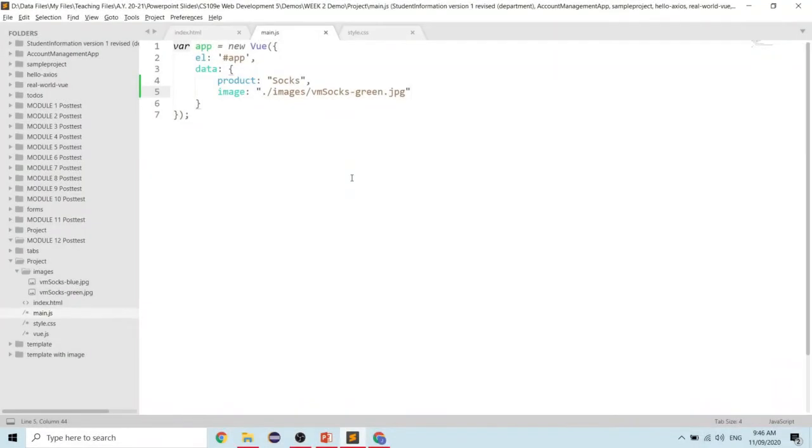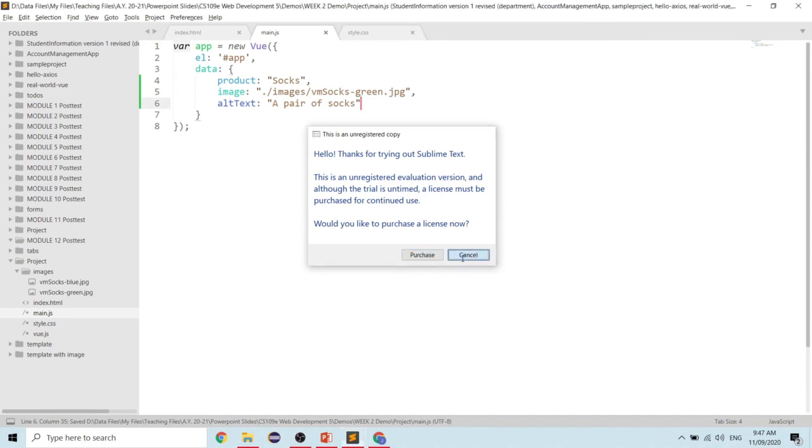So let us now discuss the additional usage of v-bind. So this time we will add another property, which is alt text, and we will show this alt text in our image tag again using the alt attribute of the image tag. So we will put a pair of socks. Okay. Then for us to be able to bind this one